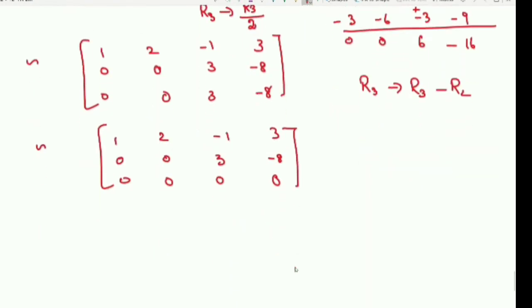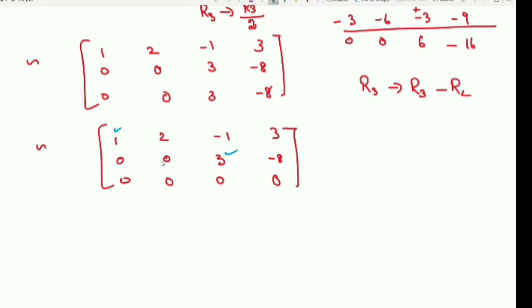Now, is this in the echelon form? You have to check. It is in the echelon form. Why? How do you check whether it is in the echelon form or not? Take the first non-zero entry. Below that, just check whether you have zeros. Yes. Now come to the second row. The first non-zero entry is 3. Below that you have 0. That's all. Third row you need not check.